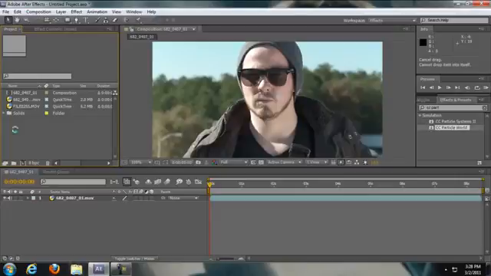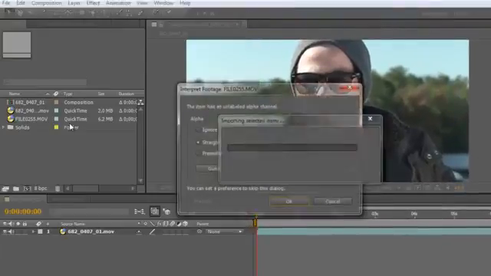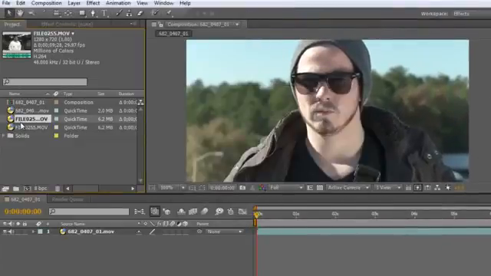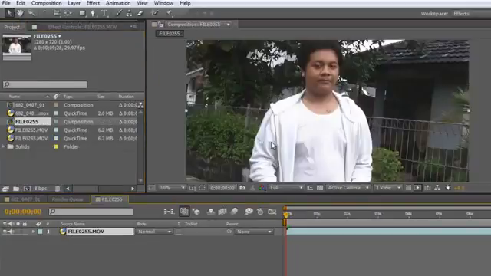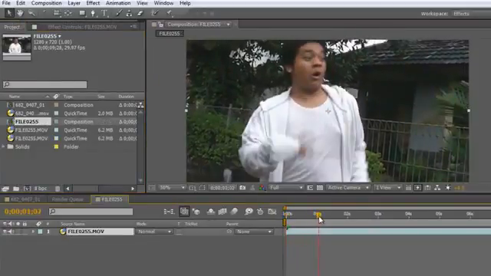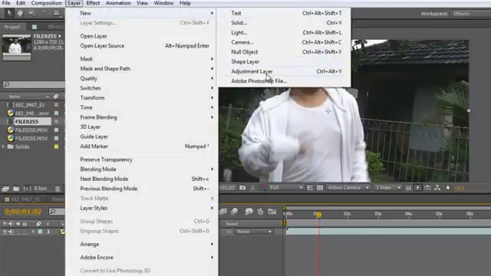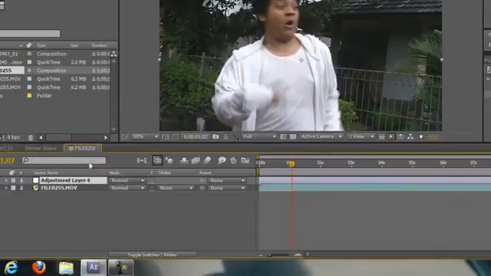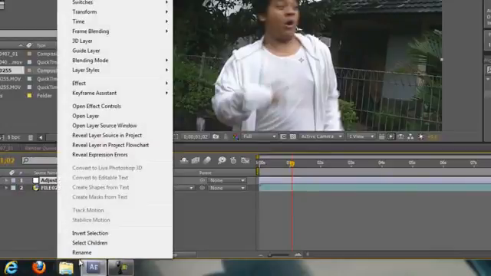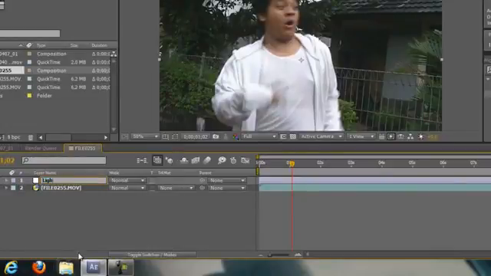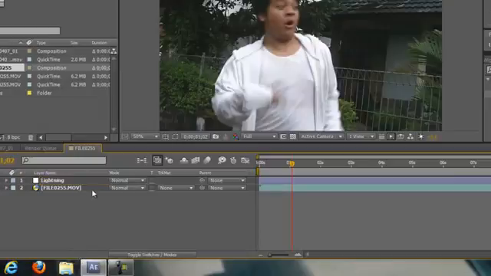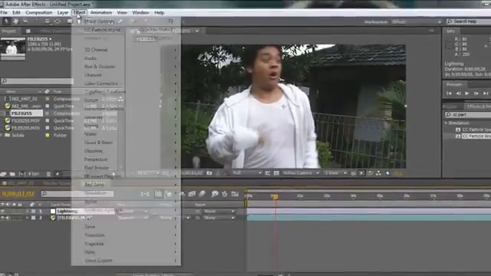Double click on the box over here to import your footage. I already have my footage here, and then just drag it to the new composition right here, and there you go. The first thing we're going to do is create the lightning. So go to layer, new adjustment layer, and then right click and rename it to lightning, just like so. Make sure the lightning is selected, and go to effects,